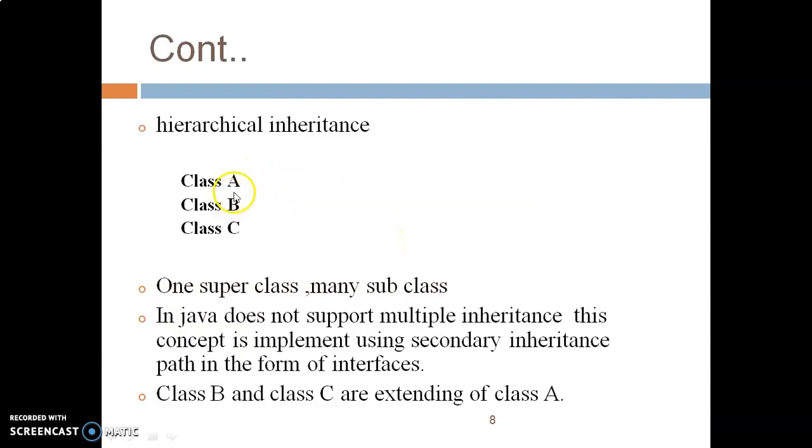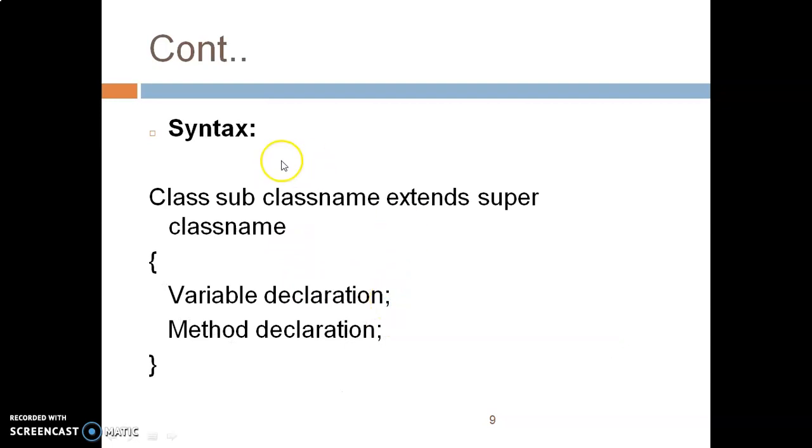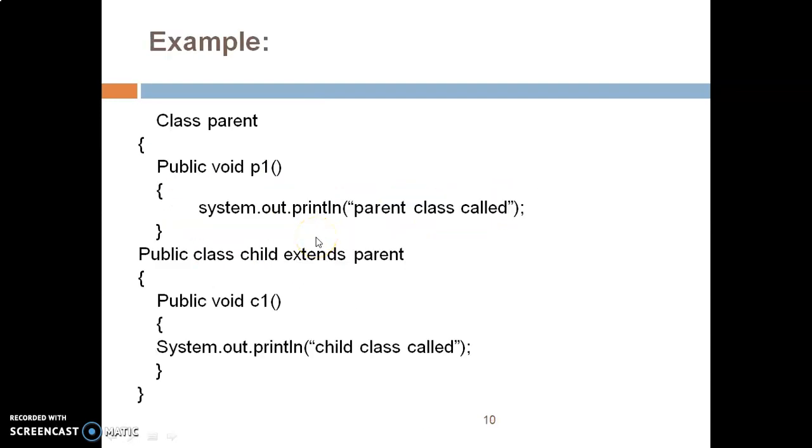Somehow the arrow mark is missing here. This is the syntax. Here the child class, the subclass name, is extended from the superclass name. Now we will see the example. Here the parent class is Parent and this is your child class. You can declare the visibility mode as public and it extends Parent. This is your superclass. So here we are using the inheritance feature through the extends keyword. This is your superclass and this is your child class.